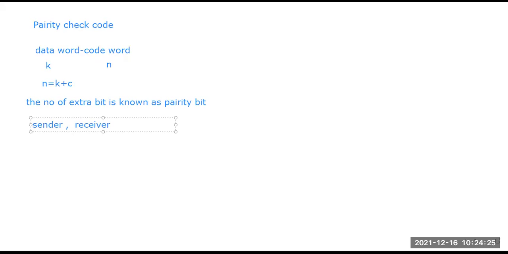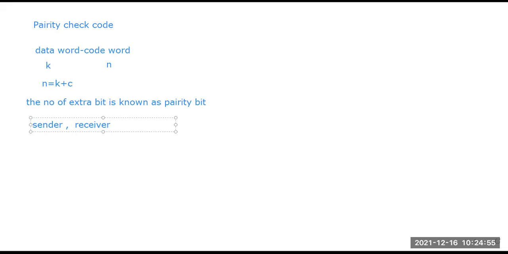First let us talk about the sender side, where the message is going to be shared. On the sender side, we use an encoder to generate the code word from the respective data word.